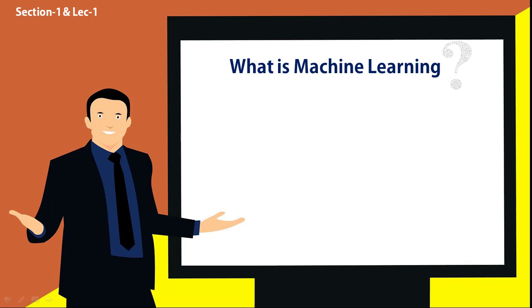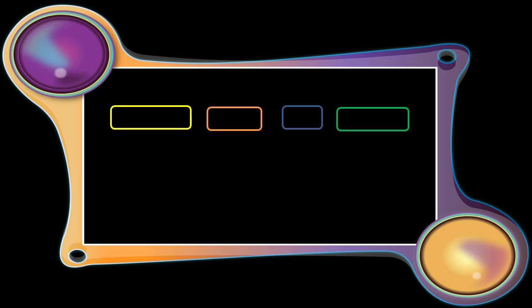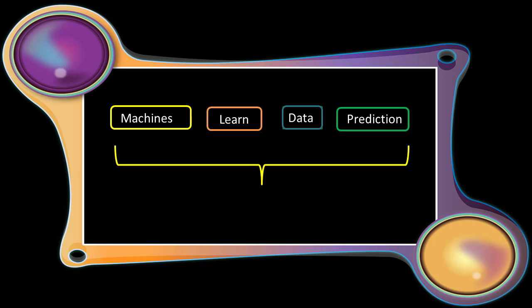For defining what is machine learning, I would like to take you to a picture or a diagram that I prepared for you all. As the term indicates, machines learn from the data, which can be structured or unstructured. You can find the definition of structured and unstructured data in the notes given in the description below, that is the notes of section number 1. Machines learn from the data and make intelligent predictions based on what they have learned, and we can think of it as machine learning. All these small parts make up the definition of machine learning.